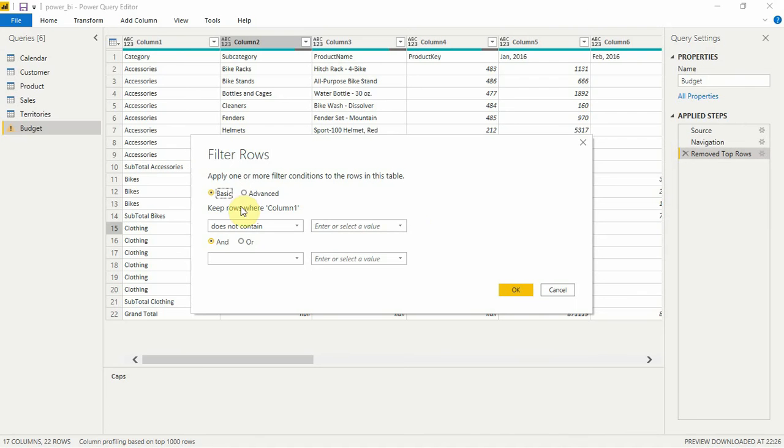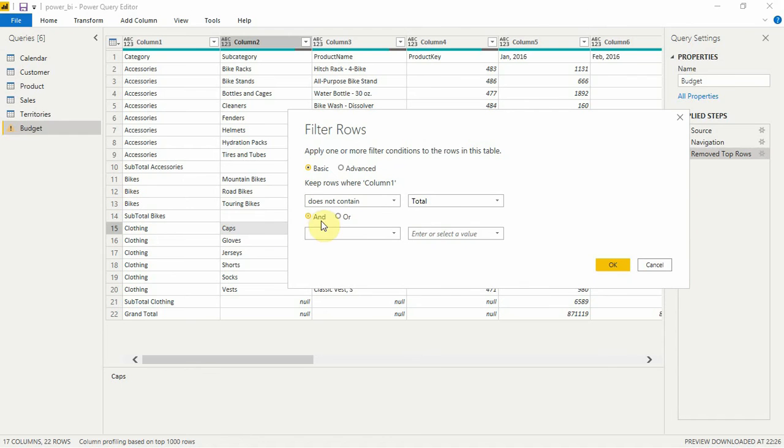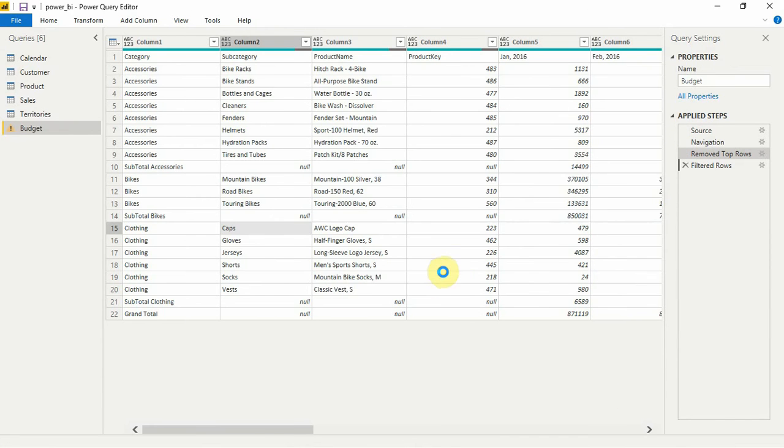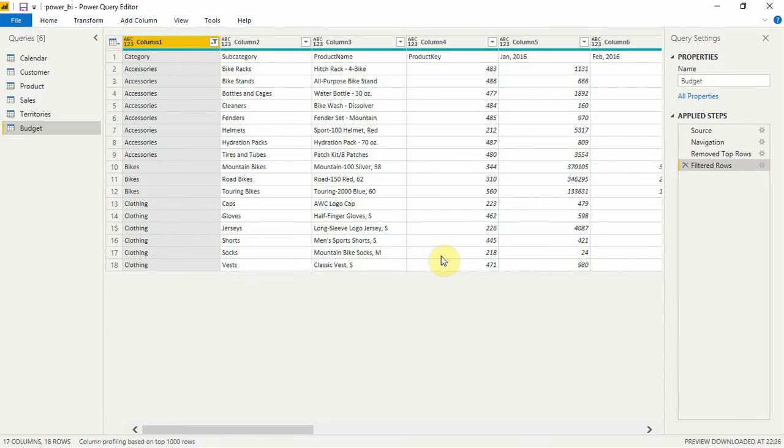We'll write here total. Just make sure it's case sensitive, so you write the total correctly. So T is capital here. Okay, and these are conditions if you want to remove anything else, and an or. Okay, so we'll now just pay attention and see what happens. Okay, both on the applied steps and here you will see now. So done. Our total rows removed. So you know how pretty simple and pretty easy it was. We just removed the first 3 rows and then we just removed the total column, and we recorded the step here. So we are actually recording what we are doing and we are transforming data as well. So isn't it pretty cool?